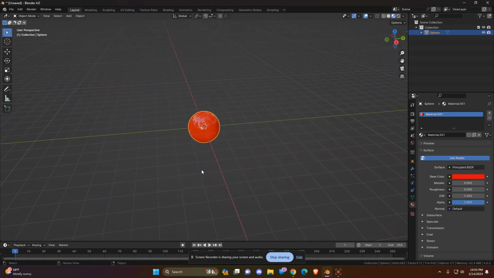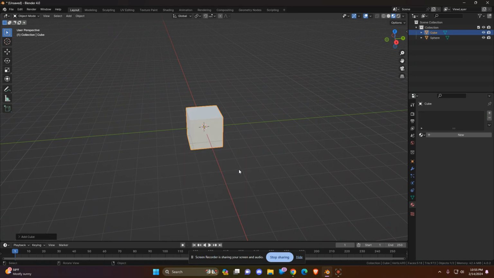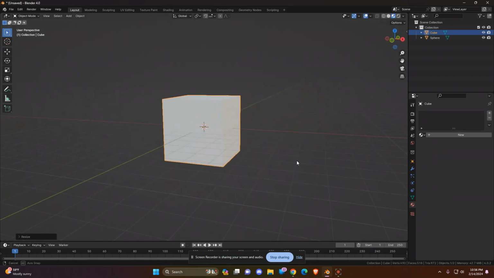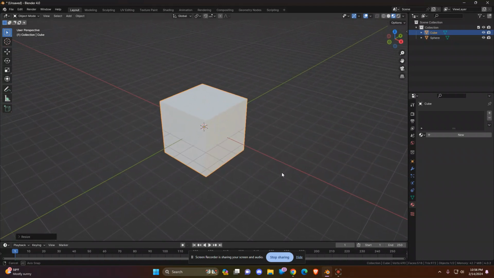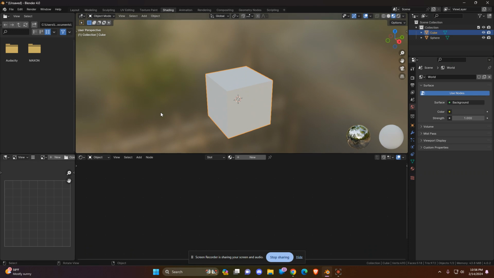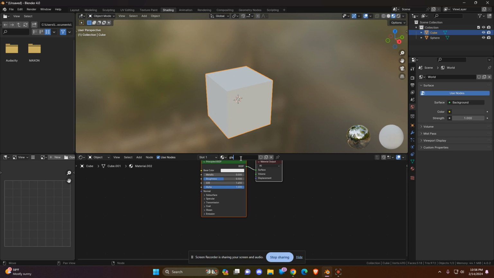Let's make some glass around it. So to do that, we're going to add a cube, or it can be anything you want to be glass. A plane, another sphere, it doesn't matter. I picked a cube. So we're ready to create the glass now. This cube is going to be glass. So click the cube, go to shading, click a new material, name it glass,